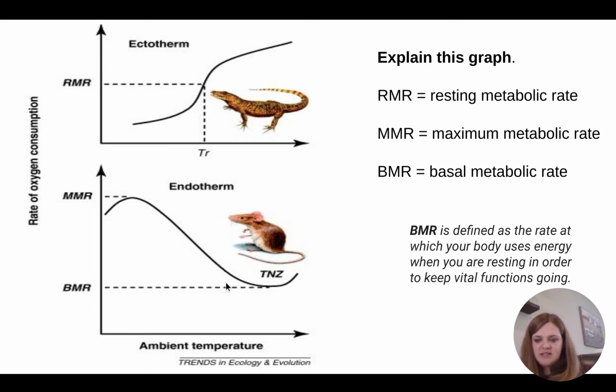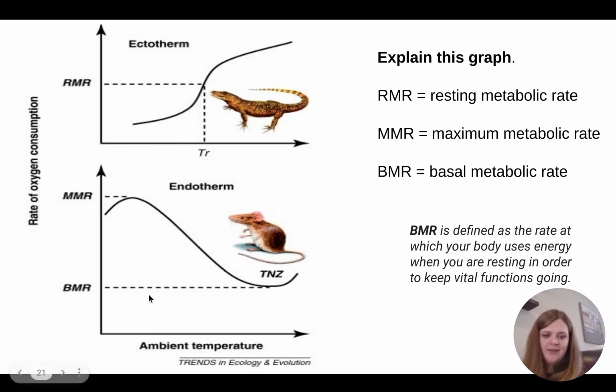all times. So if the ambient temperature goes up, the outside temperature goes up, this guy is going to require more metabolic rate. His resting metabolic rate is in the middle, where that temperature is even. Whereas this guy, when it's really, really cold, is when we see that metabolic rate really high. So with this guy, an increased temperature gives that increased metabolic rate, and with this guy, a decreased temperature gives